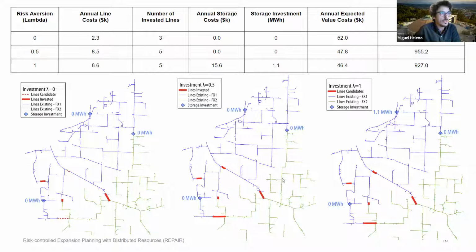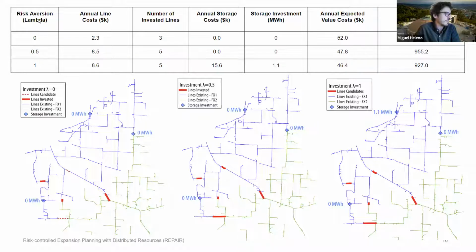And when we increase the policy to 1, so when we want to make sure we have a risk aware policy, we have the 5 investments plus a battery being placed here, approximately 1 megawatt hour, in the north part of the